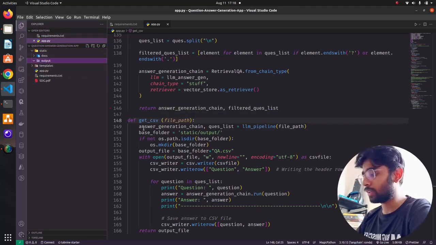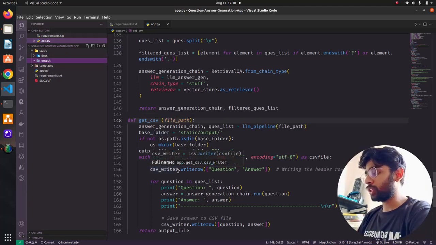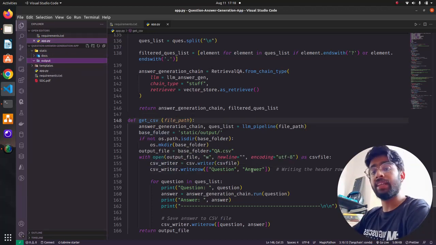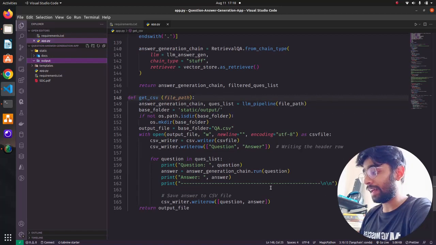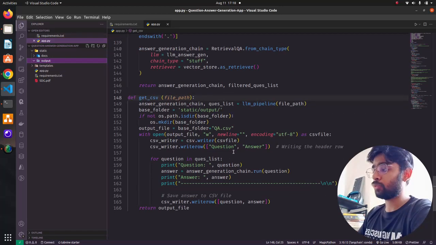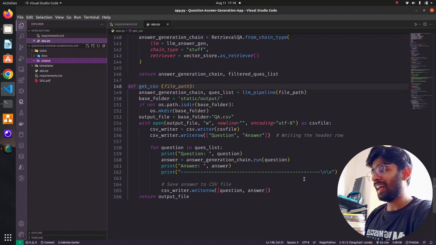That's where we're going to save our output file. Then we are first checking if that's not there, then make that directory. That's what this piece of code does. And then we are going to save that file with the base folder plus qa.csv, and then with a little